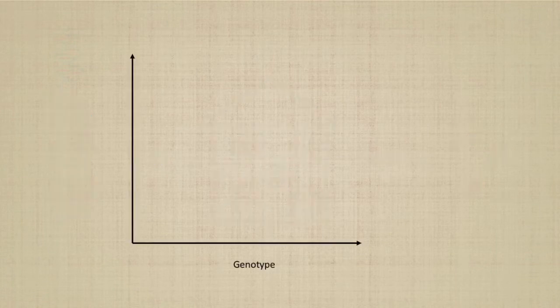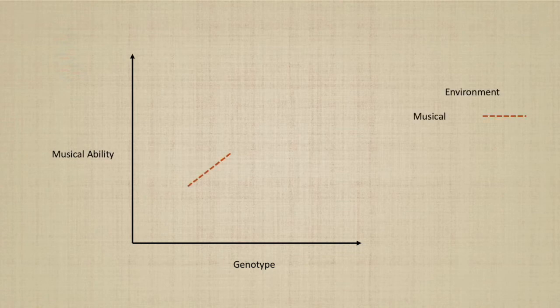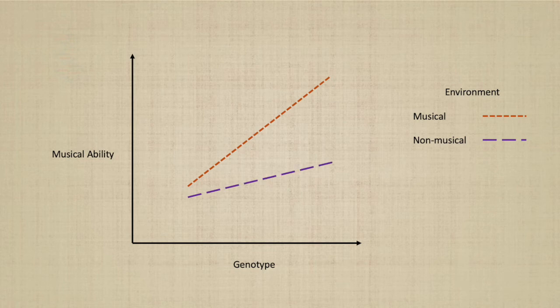Let's go back to our graph, with genotype on the x-axis and our phenotype on the y-axis. The musical environment is favourable for the expression of the genotype, so there's a strong positive relationship between the genotype and the phenotype of musical ability. The non-musical environment does not facilitate musical ability as much as the musical environment does. We can see the gene-environment interaction in the difference between the 2 environments at low and high genotype levels. There's a much bigger difference when the genotype is high, meaning that the genotype is expressed differently according to the